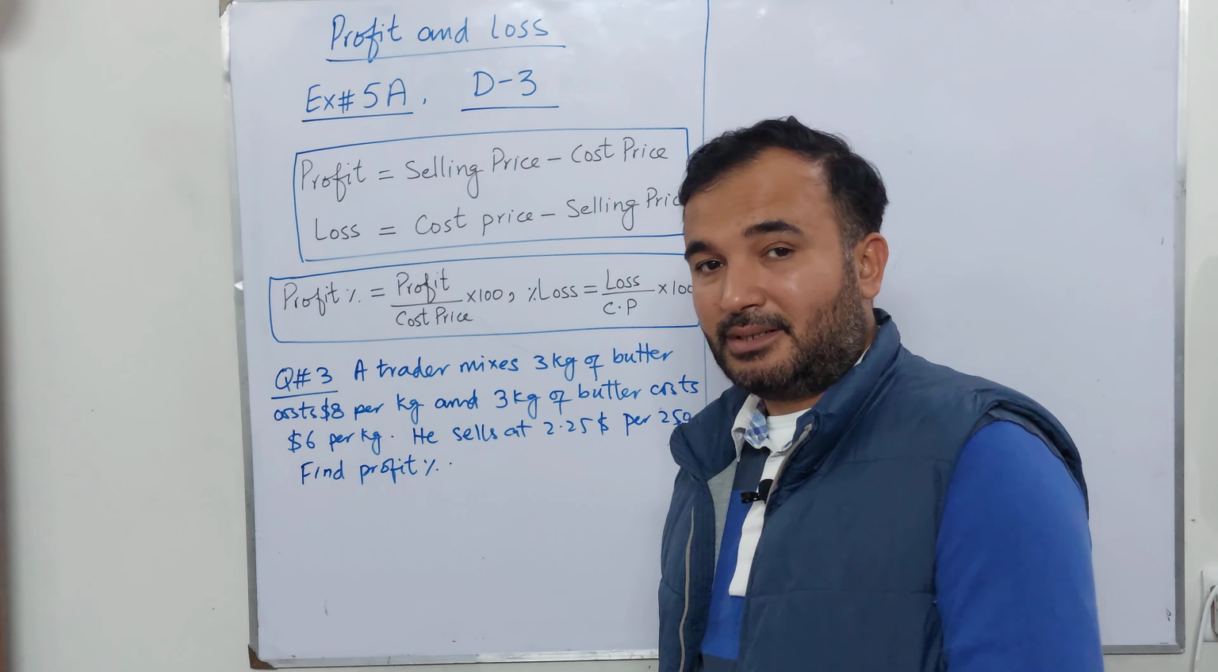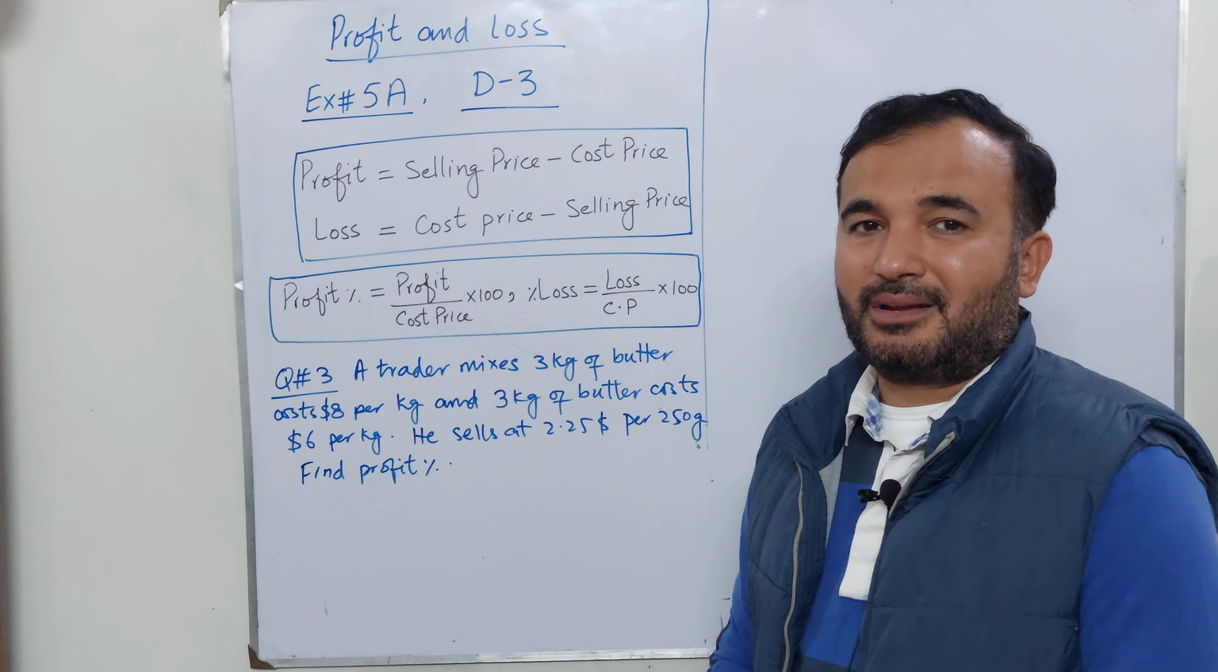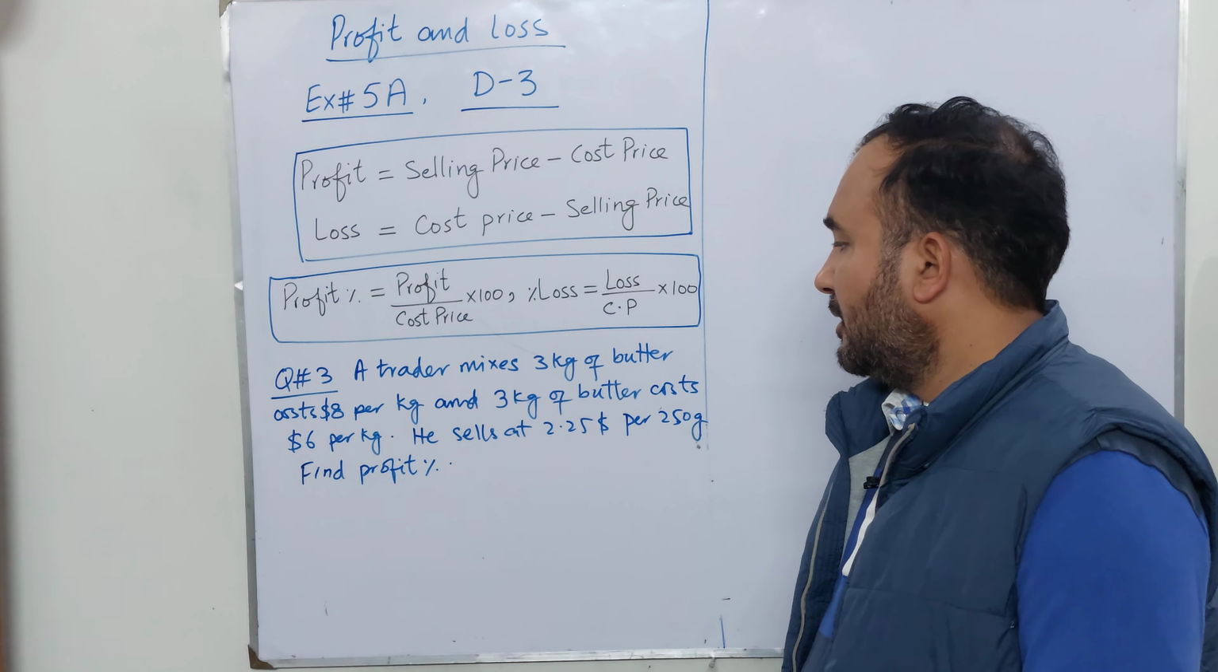Find his profit percentage. So first we need to find the cost price per kg, and then we need to find the selling price per kg. Then we will be able to find the profit percentage. Okay, so cost price